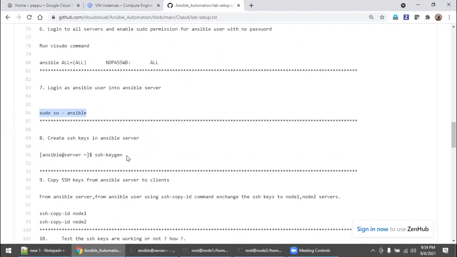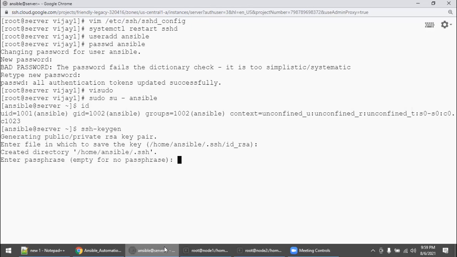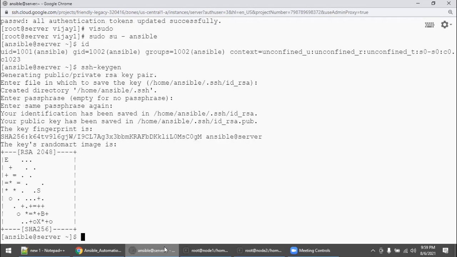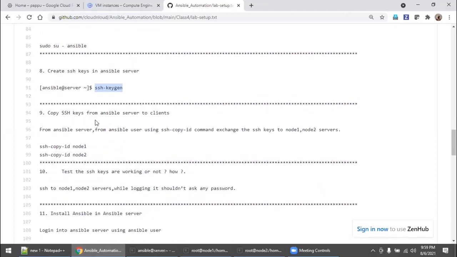Come down, create SSH keys using this command, ssh-keygen. Enter, enter, enter, enter. So the SSH keys got created in this .ssh folder. Come down, copy SSH keys using this command.